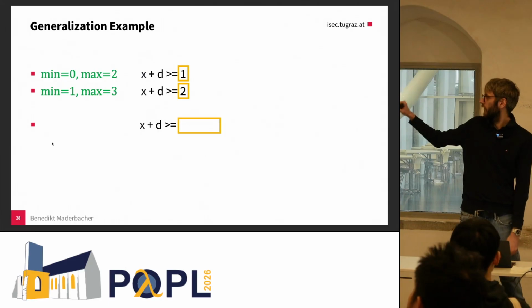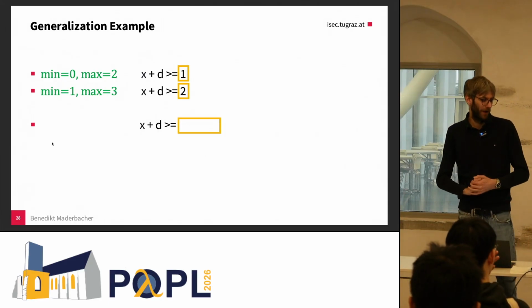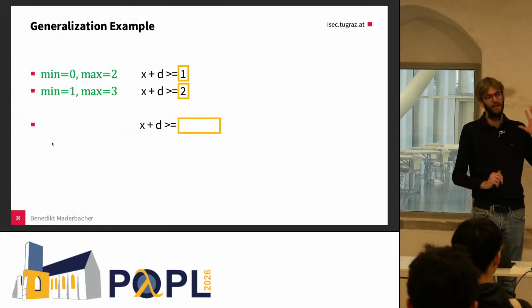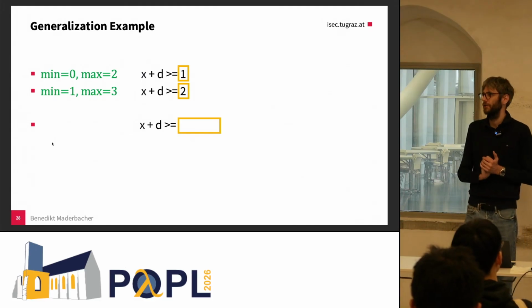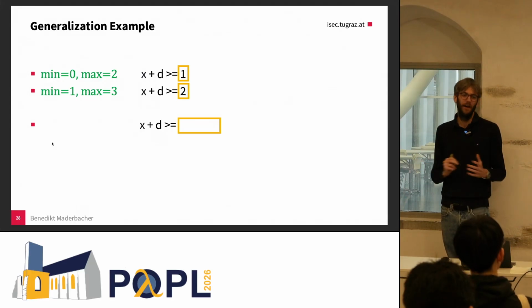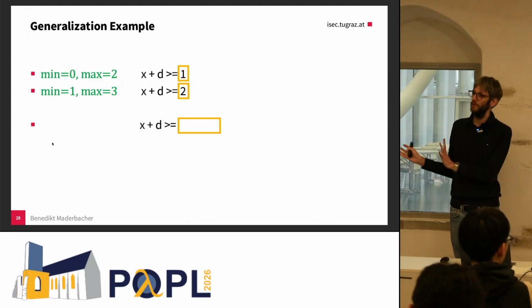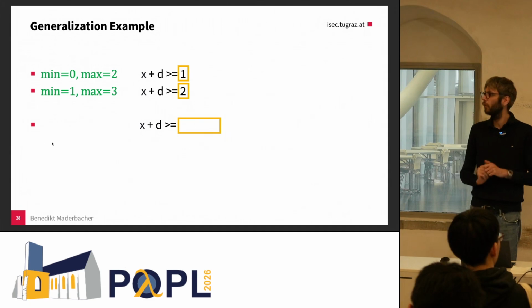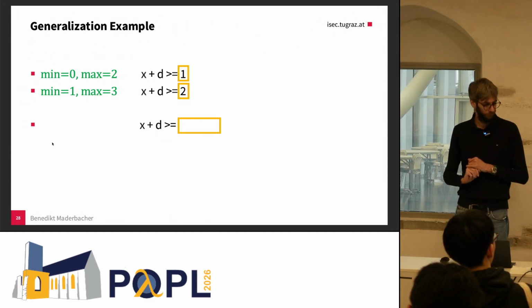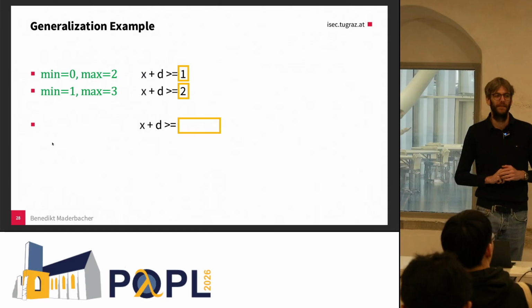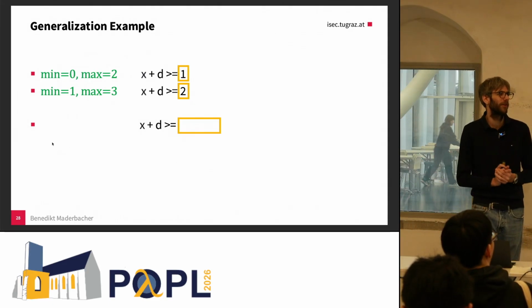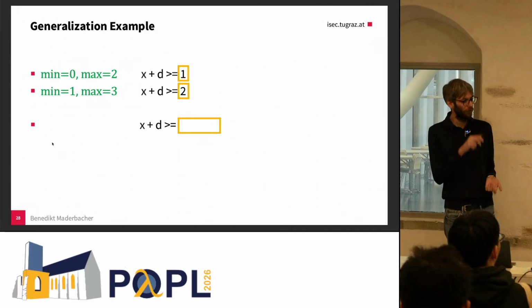So this would give us a new expression as shown below that says x plus t greater or equal. This is shared between all the guards that we have seen. And then there is a hole that sometimes is 1 and sometimes is 2. So now we did a second part of our generalization approach that figures out what we should put into this